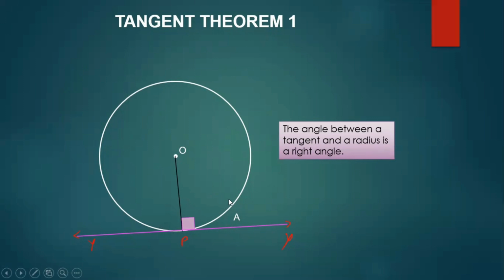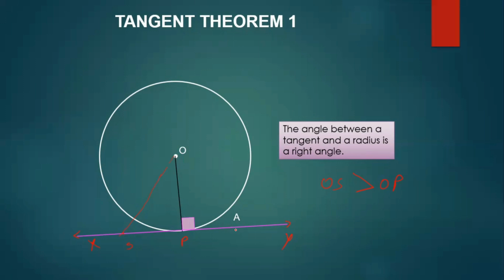There is a proof even in the CBSE for how we prove that OP is perpendicular to the tangent. For that, let us take any point. Since we have taken this tangent to be XY, let us take any point S over here. So OS will always be greater than OP, because this lies outside the circle. If it was lying inside the circle, it would be a secant. A secant is a line which passes through the circle between 2 points. Now OP is a radius, and S is lying outside, so OS is longer.